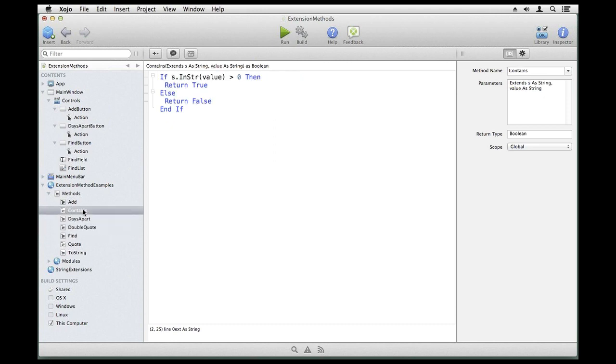And there's just an example of another one here. This is also based on the .NET language, which has contains available for strings. And Xojo uses the instr method to do that. Contains generally returns just a true or false. InStr tells you exactly where the string was found. So this little tweak does that. It just checks, was it found? Yes, no. And it allows you to continue using syntax that,